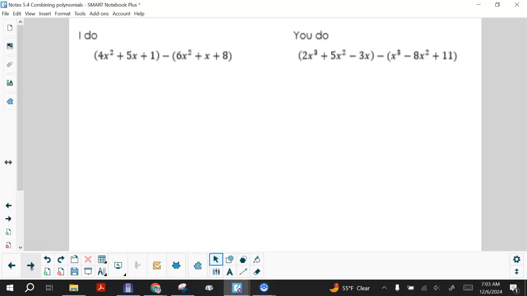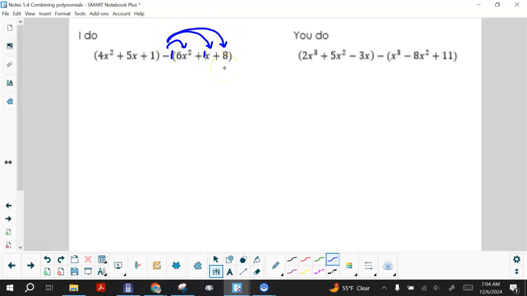Here are some polynomials with some minus signs in them now. So if you see it, basically we have two polynomials, and in between there is this minus. What we're going to do with the minus sign is distribute. If you look at what's actually happening here, we have a negative 1 in front of the second parenthesis. So we're technically distributing a negative 1 times 6, a negative 1 times 1, and a negative 1 times